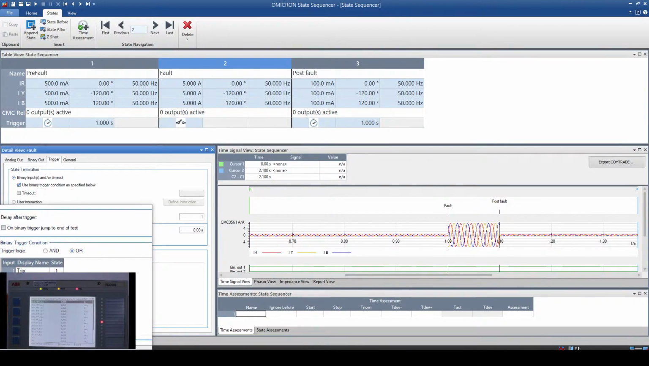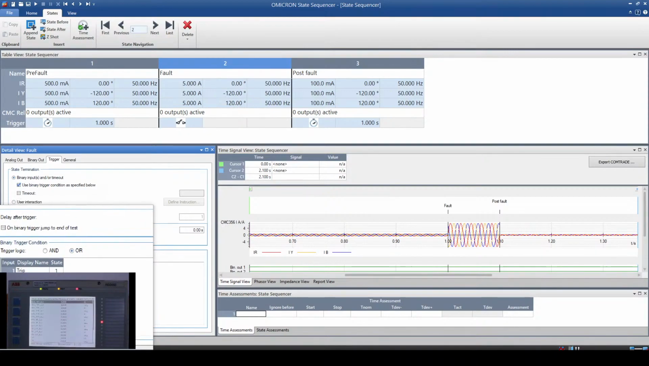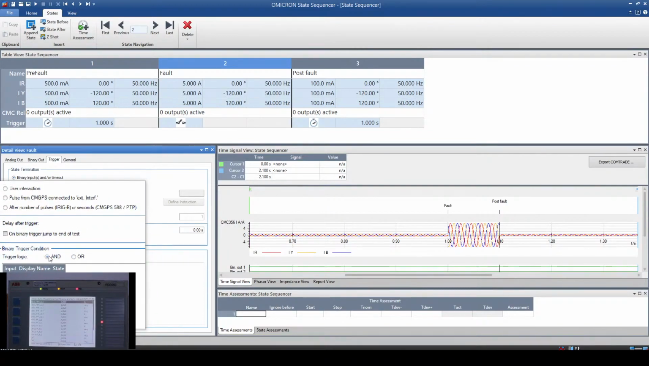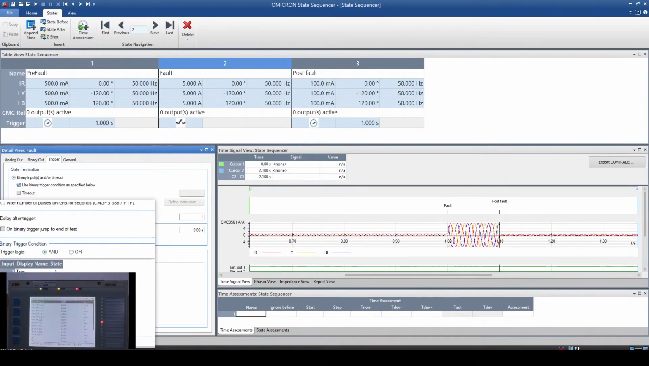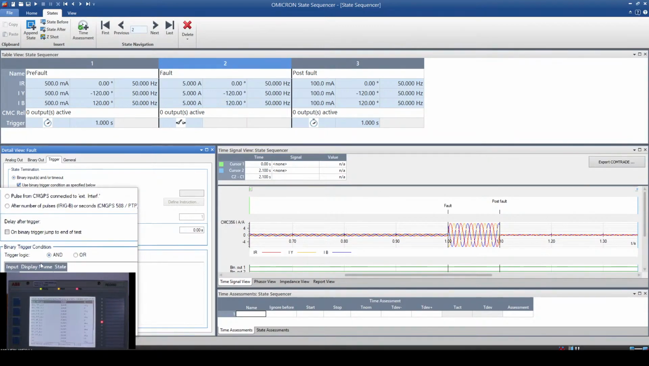I'm not going to use my pickup. I'm going to use my trip as my input. We can also use logic. For example, if we want to say that start and trip both should have been high, only then the binary trigger condition will be satisfied. I can have AND conditions, I can have OR conditions, in which we could decide what is going to be the trigger condition with respect to your binary